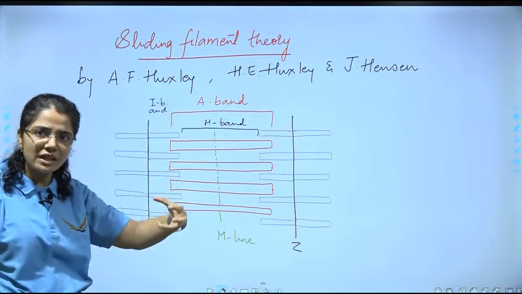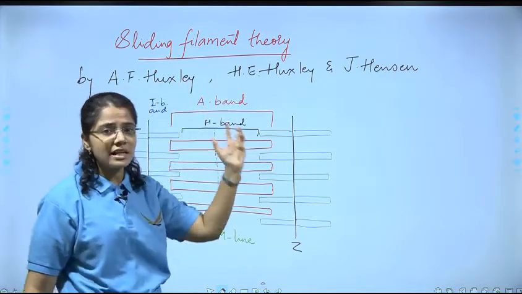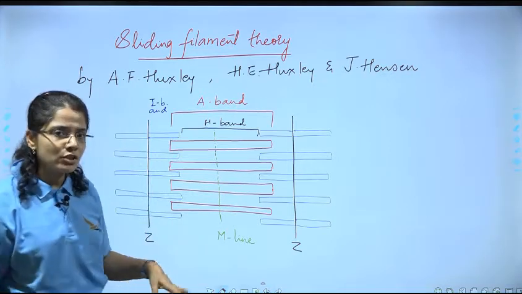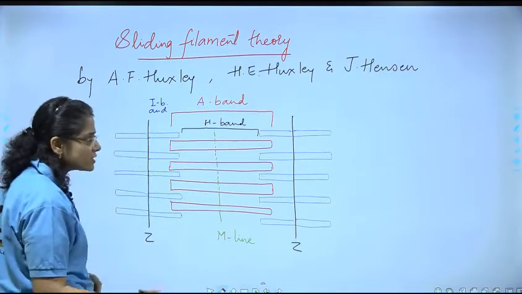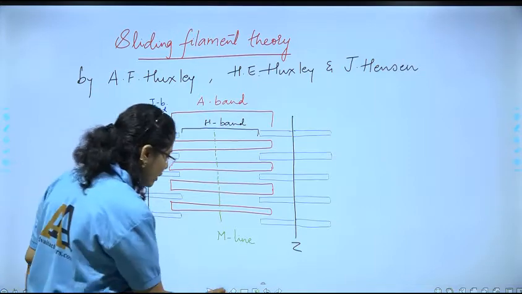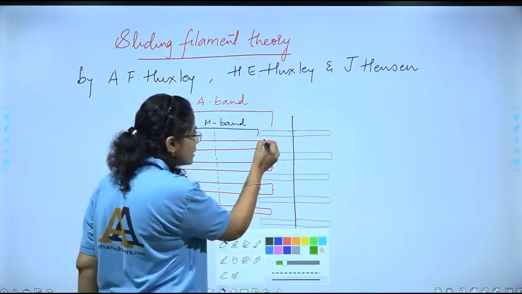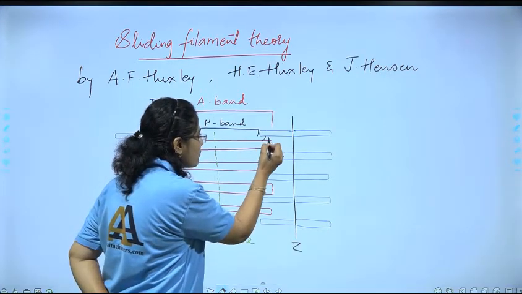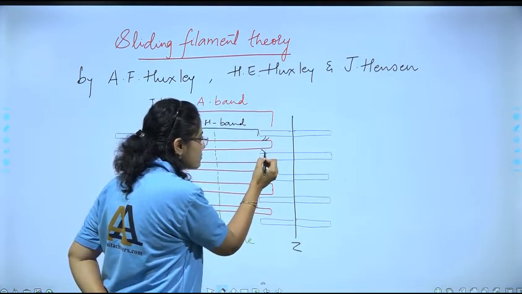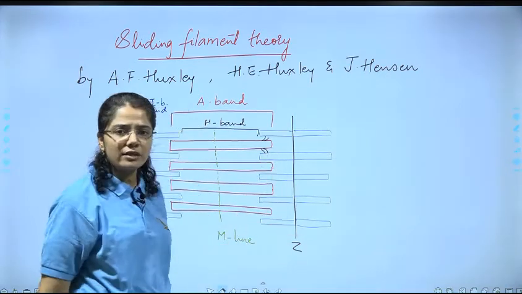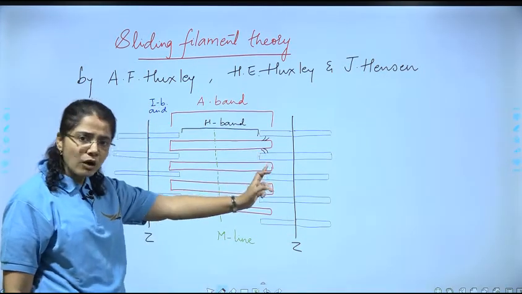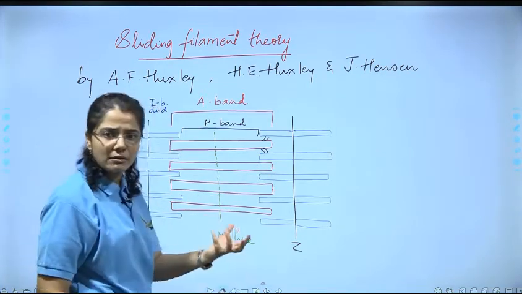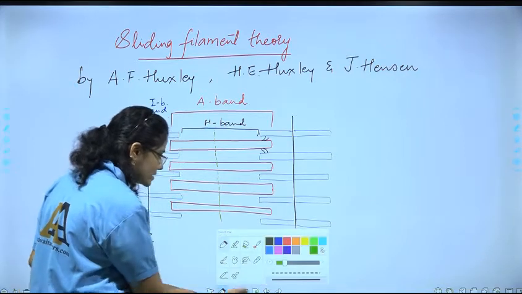When the muscle contracts, we call it the sliding filament. Why are we going to call it a sliding filament? When the muscle is going to contract, what is actually going to happen? There will be a cross bridge formation taking place, and that bridge will be formed between the actin and myosin filaments like this. So this is that cross bridge, and how this is formed, let us understand that portion. We will go one after the other, and take it point-wise.